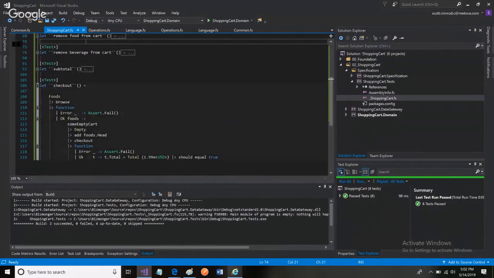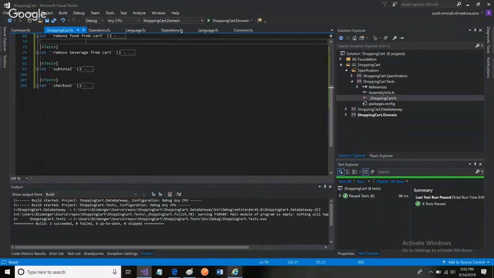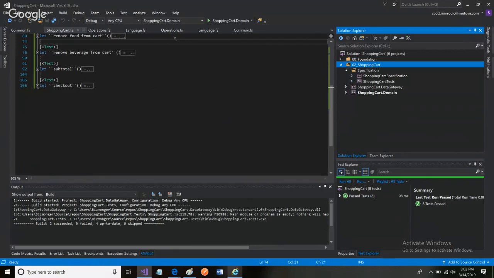So this is the shopping cart domain. And I think I got the gist of this stuff done. The data gateway is going to be a separate thing. That's separate. I'm not going to worry about it right now. All right. So I'm going to stop broadcast and